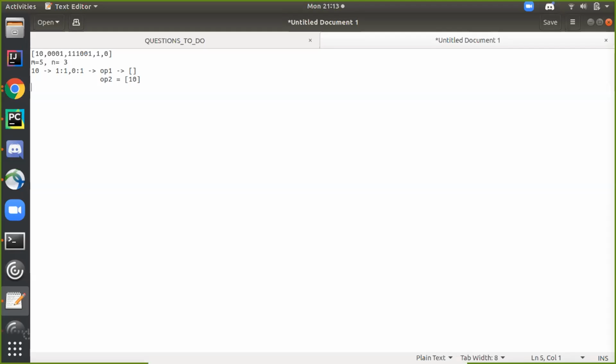Next I move to this 0 0 0 and 1. At this I have number of ones as 1 and number of zeros as 3. Here I pass the empty string, and my number of ones and zeros remain the same. Here I have to subtract and pass, so the number of zeros would be 4 and the number of ones would be 2.